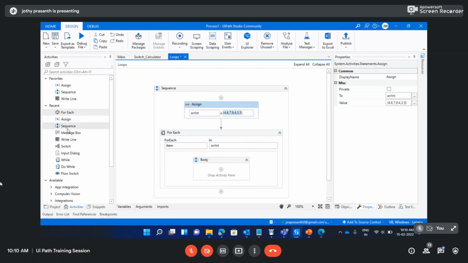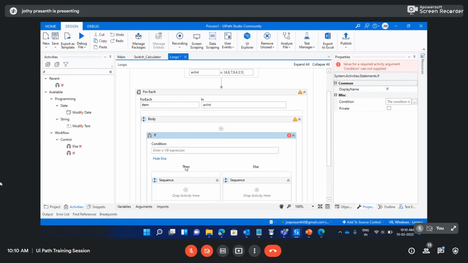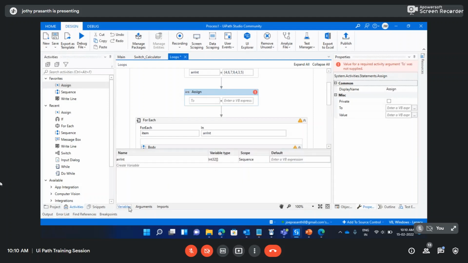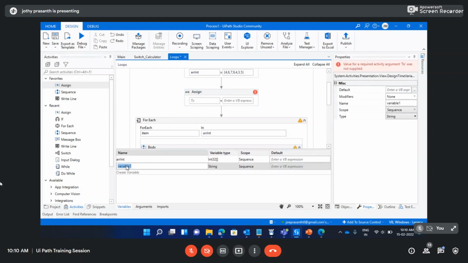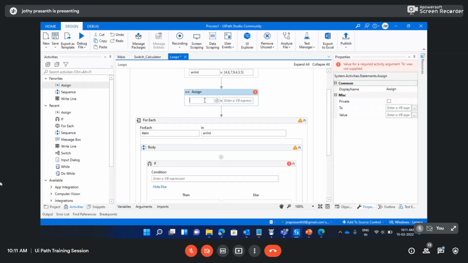Okay, so let's say I'm just using an if condition. I'm going to assign one more activity here and create a variable result as an integer data type, and I'm assigning it as 0. So initially it will be 0. Okay,